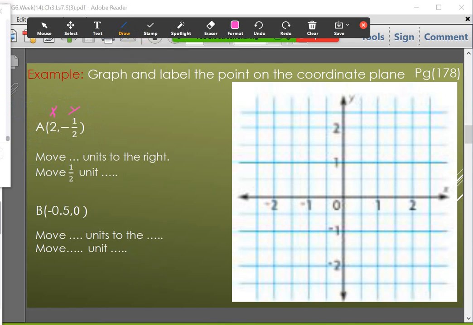Okay, first one is 2 on the x-axis. That means I have to go to the 2 on the right side, and this is 2, right? What I have to do, I have to draw a line vertically from the 2 like this. Okay, what about the second coordinate? The second one is the y,